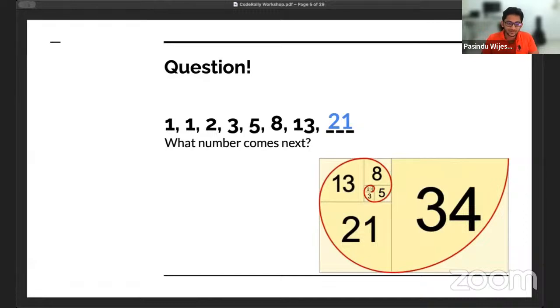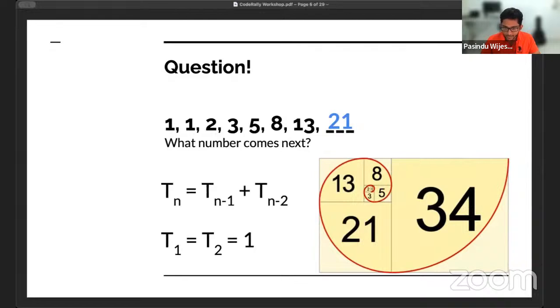This is a common sequence that's involved in a lot of computer science textbooks and also in maths. This is the Fibonacci sequence, where a term is built by the summation of the previous two terms. We can represent this sequence through a recurrence relationship, where the nth term is defined by the summation of the previous two terms. To define this, we will also need some base terms. In our case, the first and second terms are one. Thereafter, we can use this recurrence relationship to determine whatever the nth term is.